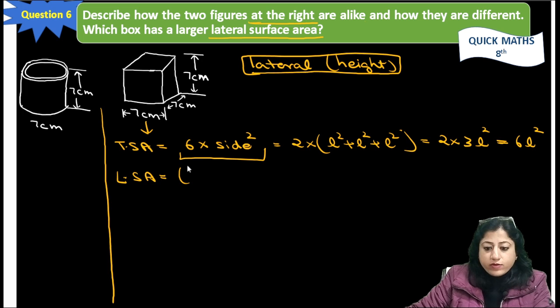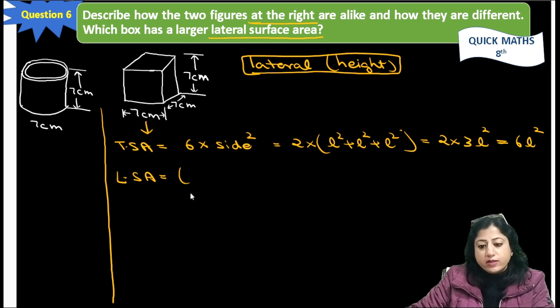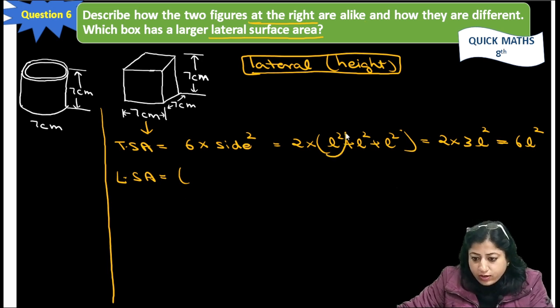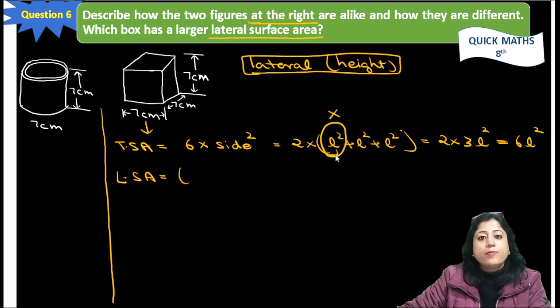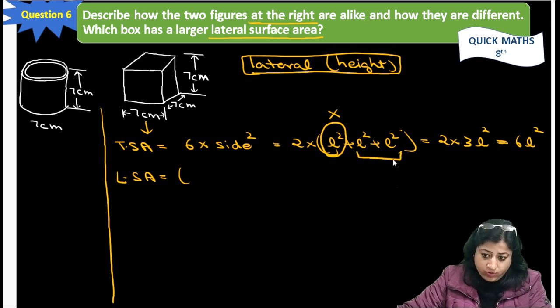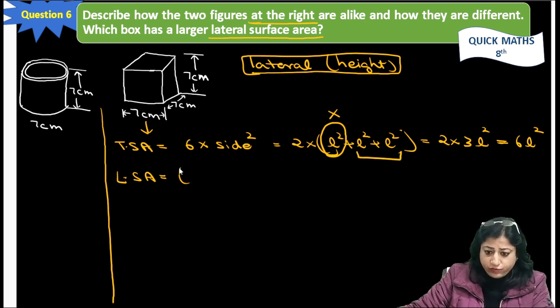But in the case of lateral surface area, we will not count the roof and the bottom. So we will not count this L square. This L square is regarding the bottom and the roof, so we will not count it. This one only is remaining. So the formula will become